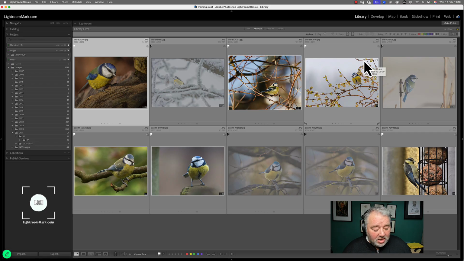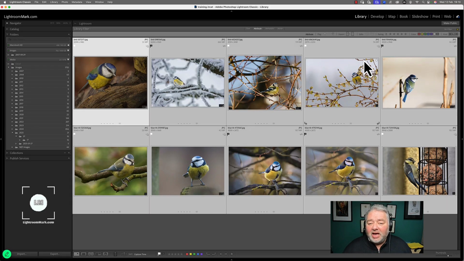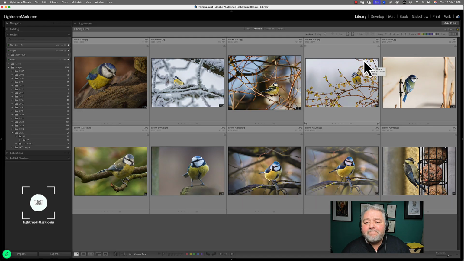Yes or no. I'm going to go Command or Control A, that selects all, press the U key, and it removes my unflag. I could press P, I could press X, and that's rejecting them. Okay, so that's flagging. Anyone got any questions about that? No? Okay, so where this really gets powerful is when you bring in smart collections and you follow a